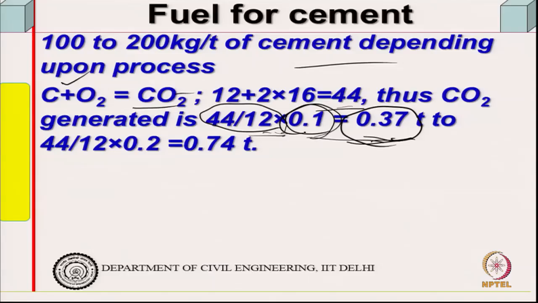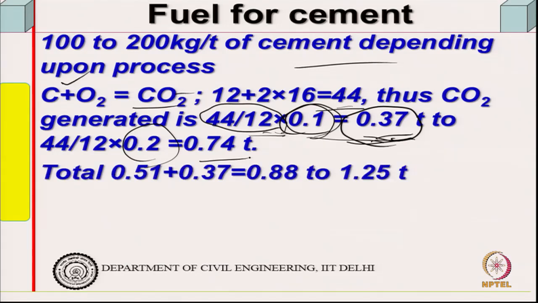So, 0.1 ton will produce this, or if I am using 200 kg then 0.74, and I already had 0.51 from the clinkerization process. So, 0.51 plus 0.37 makes 0.88,